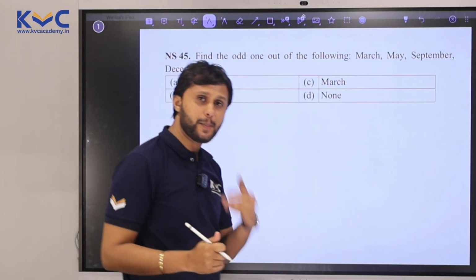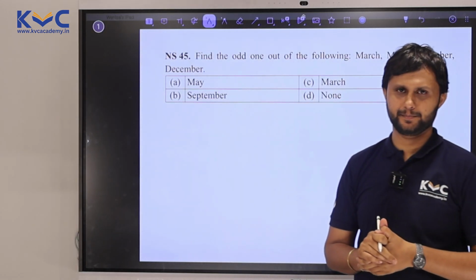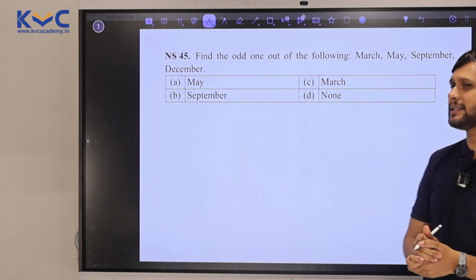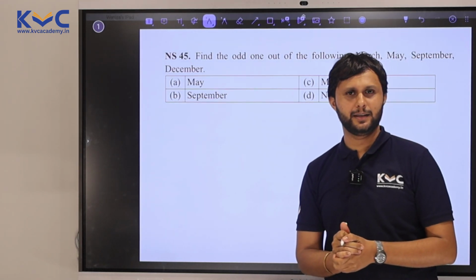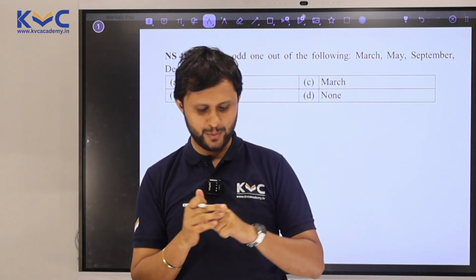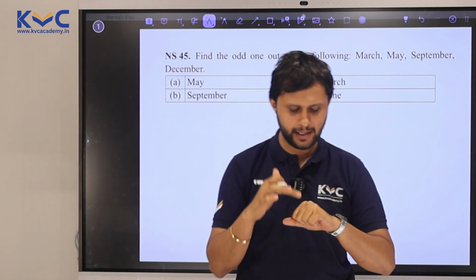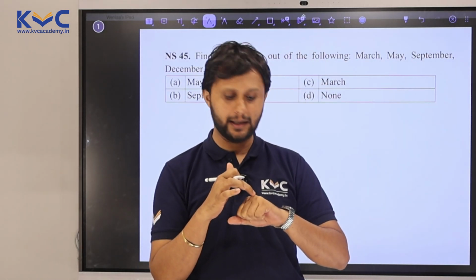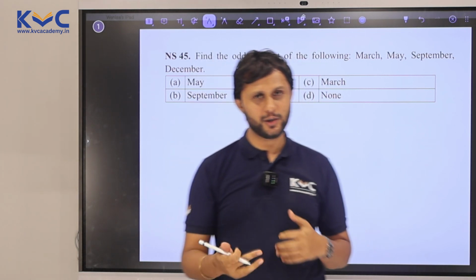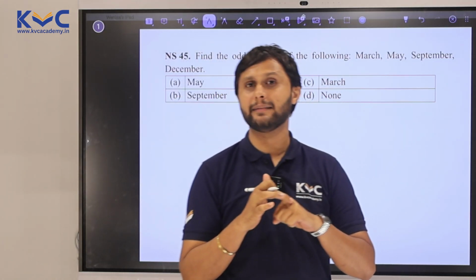We have March, May, September and December. So what do you know about these months? So there is March, there is May, there is December and also September. If you remember, we do this, right? Checking which month has how many days. So we'll see Jan as 31, Feb if you see has less days, 28, 29. March we have 31, April, May 31, June, July 31, August again 31, September as 30, October 31, November, December